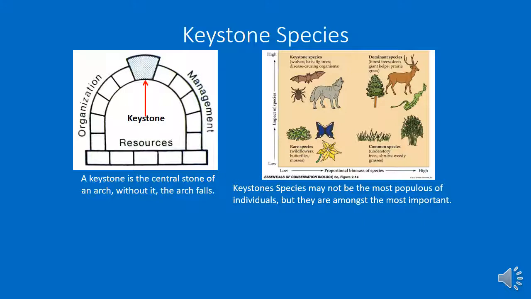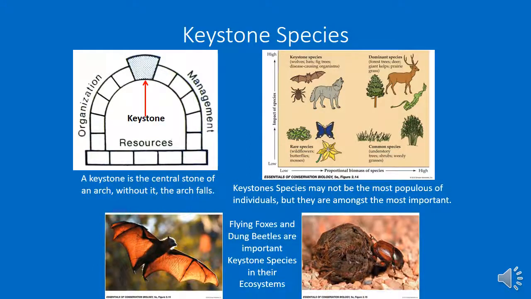But these keystone species, they're among some of the most important in the system, right? So like flying foxes, on their island dwellers. I believe all flying foxes live on islands. Not 100% on that, but most of them do for sure. And these things eat fruit, and often they disperse the seeds of all these things they're eating, and they're super